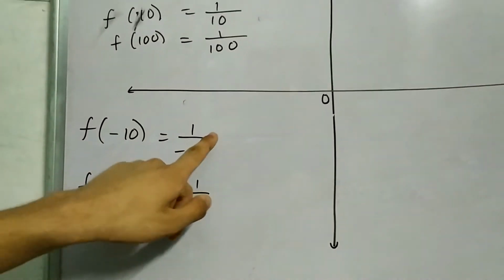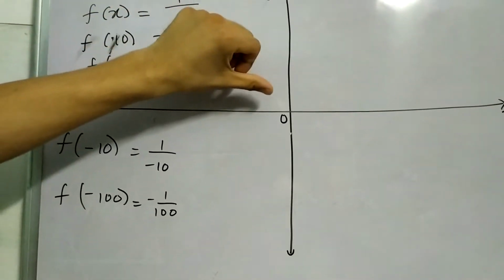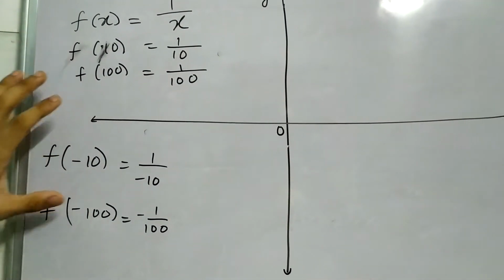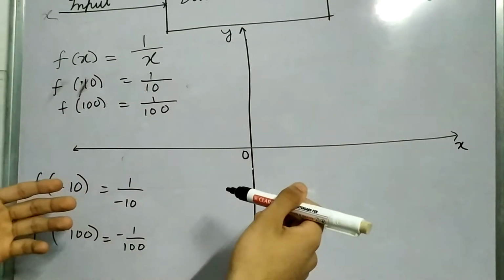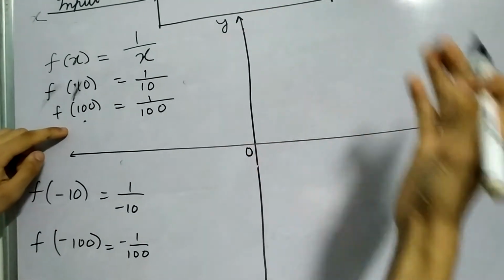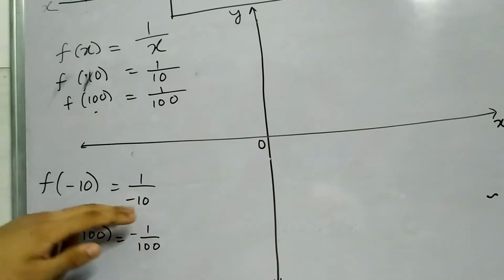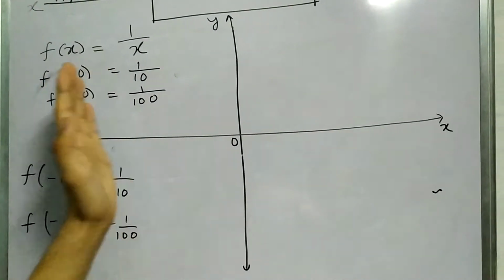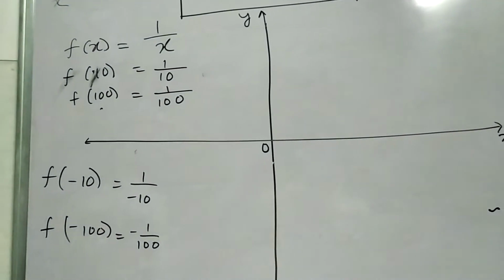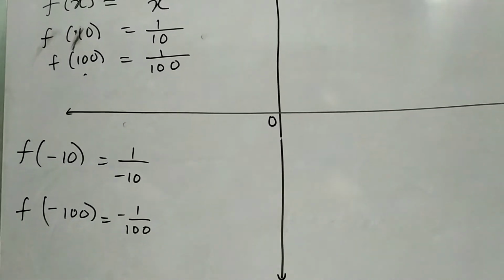So again, the values are turning more and more negative as you go towards 0 from the left hand side. Now putting values of these functions can be thought of as going towards 0. Okay, so if you are at 100 going to 10, you are approaching 0 from the right hand side, and if you are at minus 100 and approaching minus 10, you are approaching 0 from your left hand side. Okay, now let me plot this function. How does it look like?